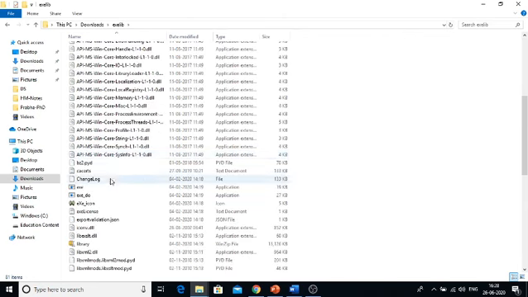Scroll down, you can see exe, which is an application. You have to double click this application and move towards the final step of installation. You have to click next, select the storage drive where you want to store the software, and at last give the finish button to complete your installation of exe software.